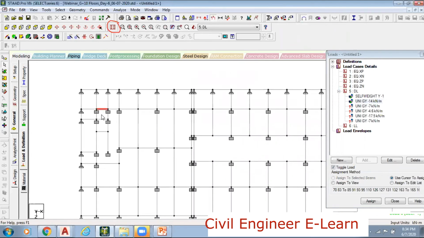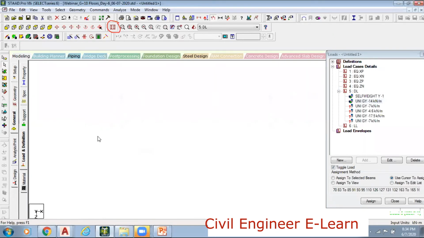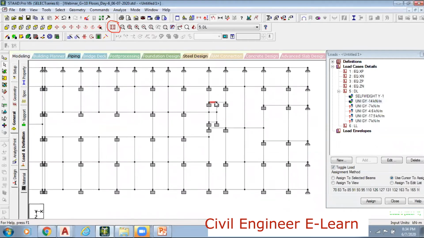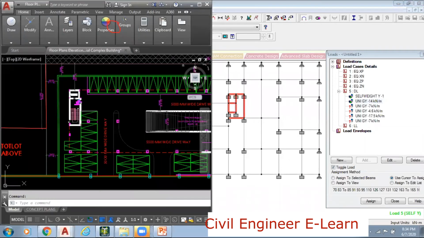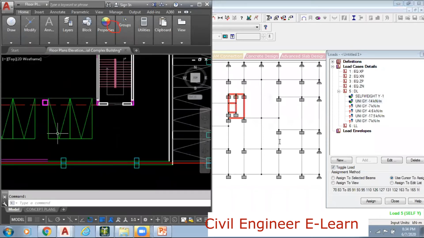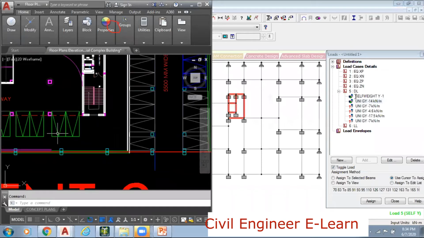Again I have to identify this. Yes. Again here, these ones, and then this. Yes, I have a staircase up to this again. Let me just verify it again. This one. Yes, almost up to this except the last row of columns, right? So I'll apply this load. I will assign this. I will select this column.